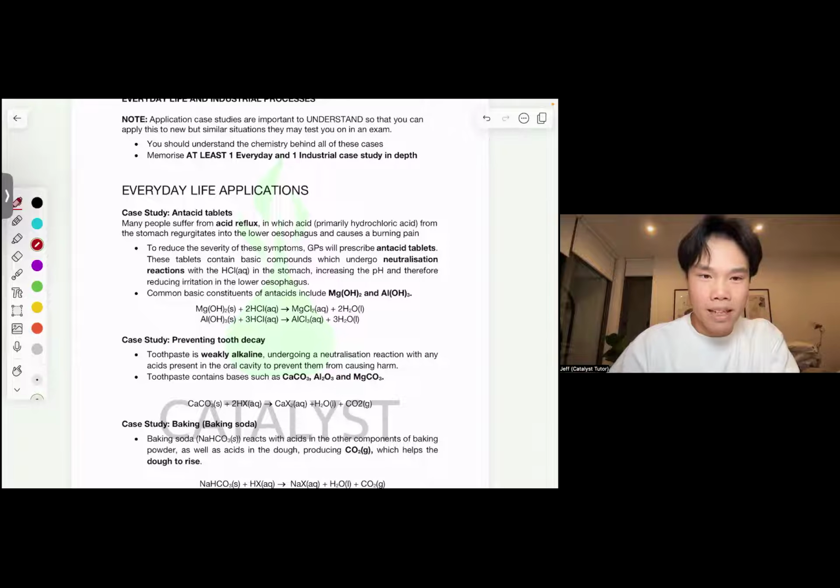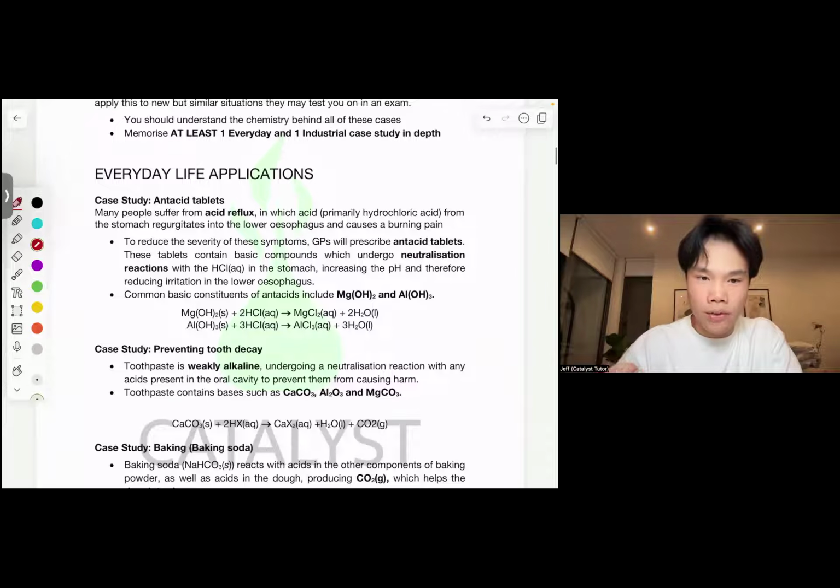So for the base applications every day, an acid usually consists of a hydroxide, and acid reflux is a condition where your stomach has too much acid and your valve that keeps your esophagus closed essentially loosens up and can't prevent the backflow of acid up into your throat. So acid comes up in your throat. It's a very painful experience. How do you treat that? You can use antacid. Antacid is a basic tablet or something basic which you can eat, which neutralizes some of your stomach pH, decreasing the acidity and making